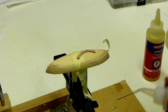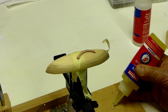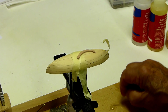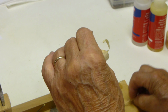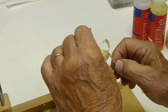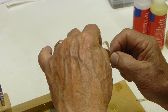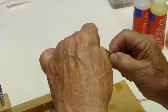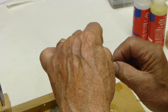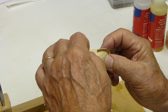What I usually do is I just take a little dab of the hardener and resin, about equal parts, and mix those together and apply them with a toothpick, actually, to the groove in the bow. I'm sorry my hand is in the way, but I think you can see that with this toothpick I just put a light dab of that glue in there and then put the pre-cut piece onto that section there. Then after I'd done that, I also added the keel, the straight piece, and